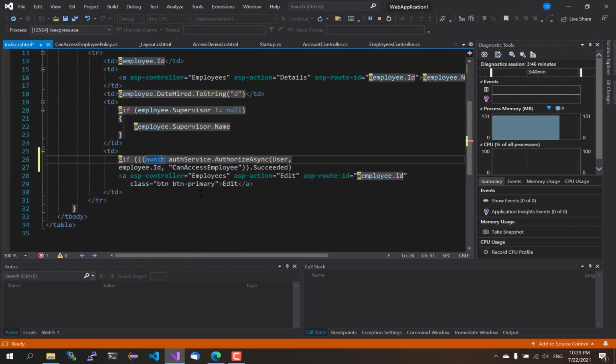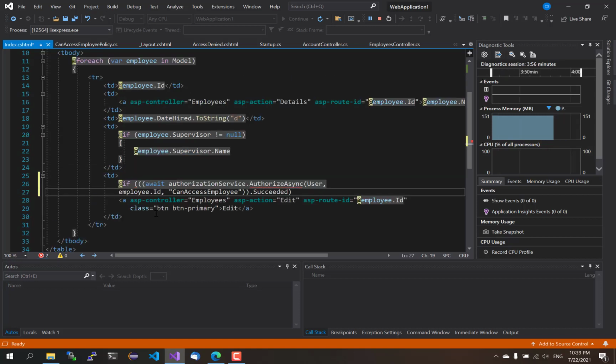We'll say await authorization service, authorize async, and